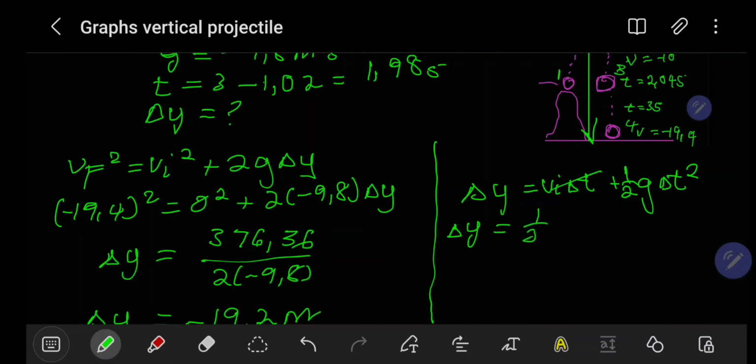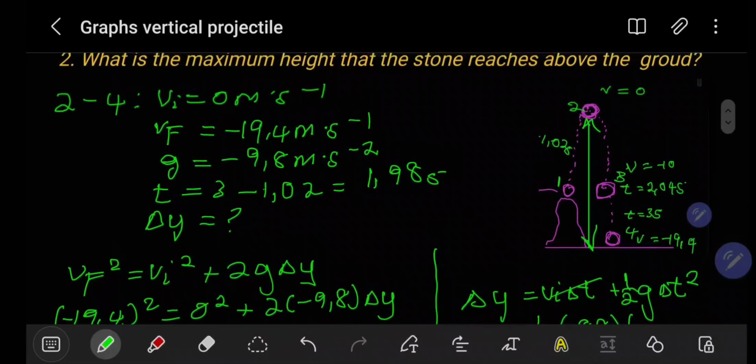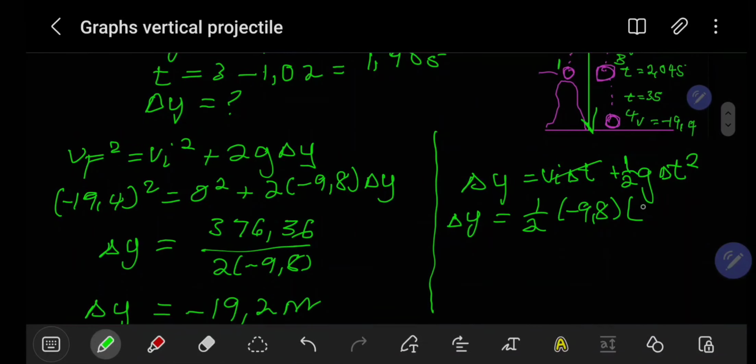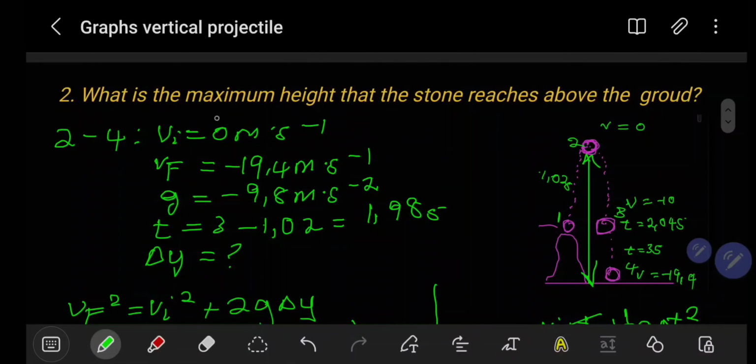Then we will have half of negative 9.8, then our time was 1.98, and we square that. Then our change in displacement will give you negative 19.2 meters. So we get the same answer when we use different formulas, which means this is very much correct. So the maximum height of the stone above the ground is 19.2